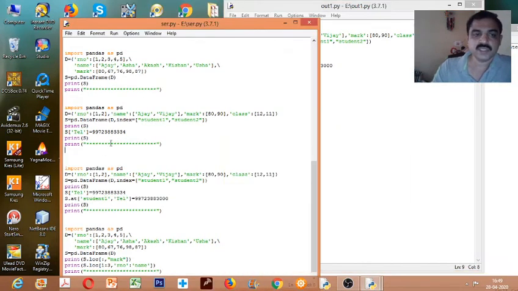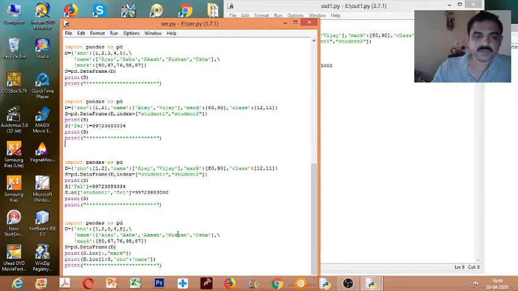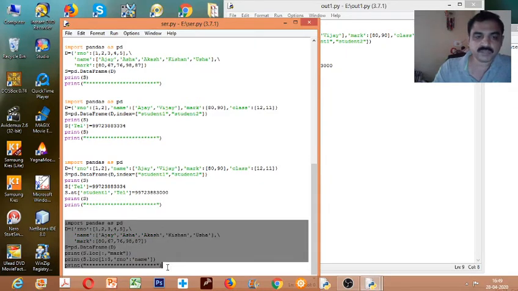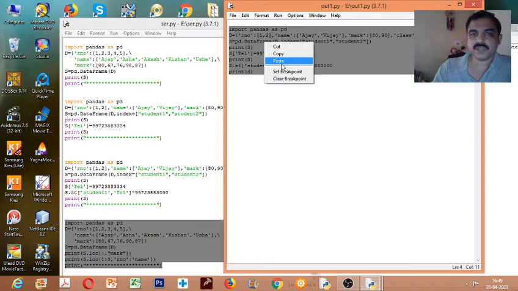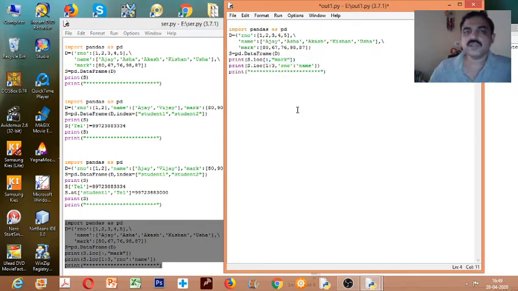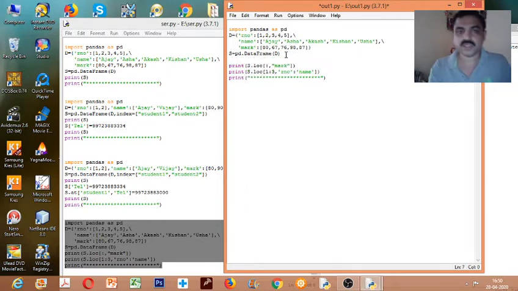Next you see one more example. The loc function we saw with the series, we can see one more time here with data frames. We have an import statement here in the beginning, then we created a dictionary, then we created a data frame. Let us display the data frame also.